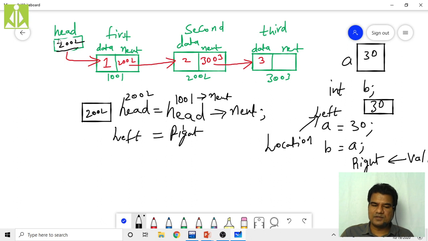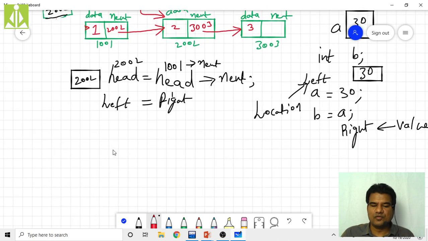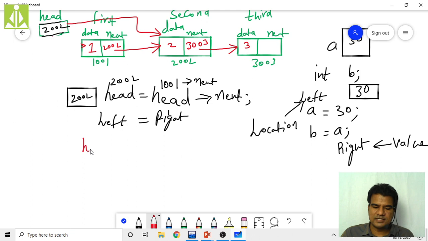So storing 2002 in this location, does it mean it is pointing over here? No, it no longer points there. Rather, it will point to the 2002 location. What is that 2002 location? This one. So indirectly, the head is moving one node ahead. In order to move the head one node ahead, we have to write this simple piece of code: head equals to head of next. This will move the head one step ahead.